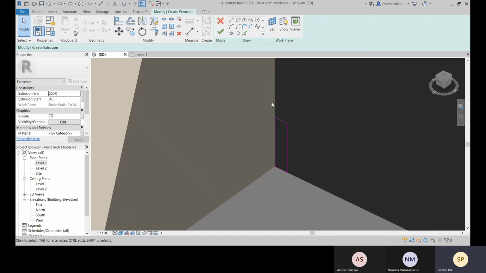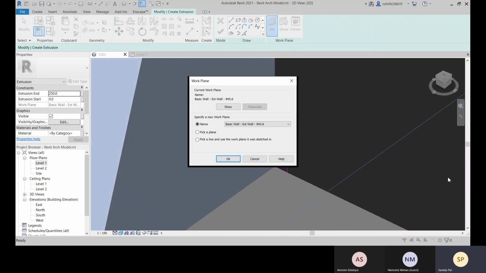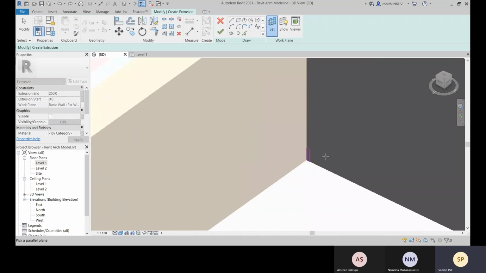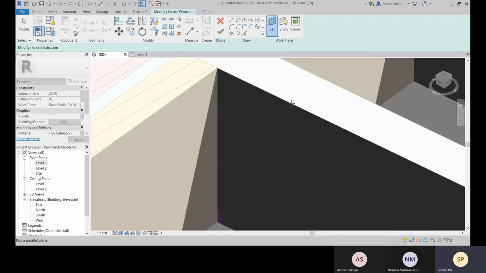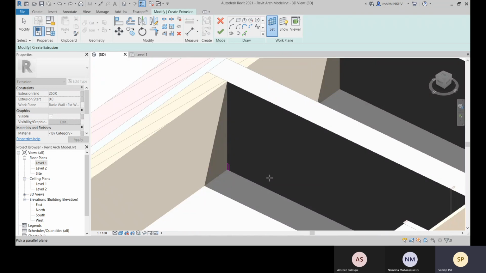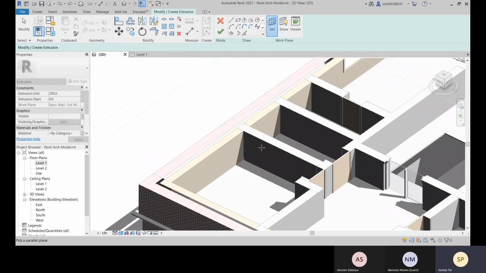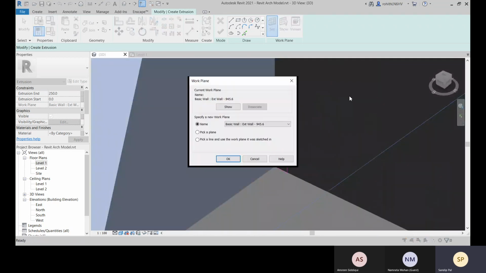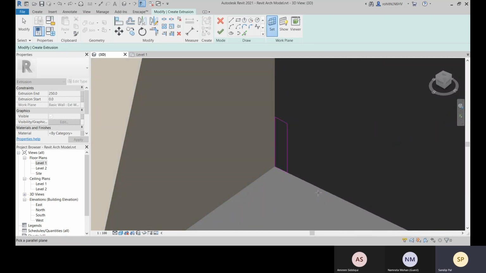Okay, now let me show you how we can change it after this also. So we will go with this pick plane and we will change to this surface. Pick a plane, okay, and select this.